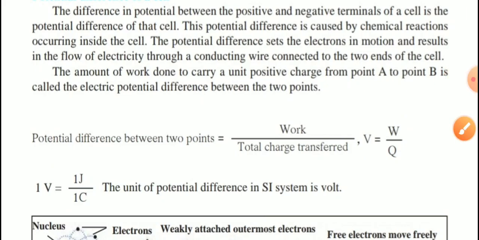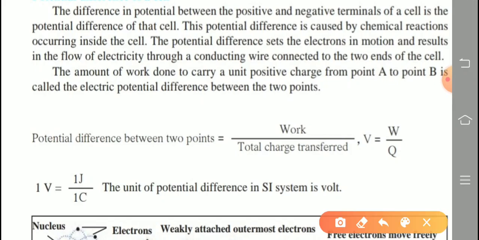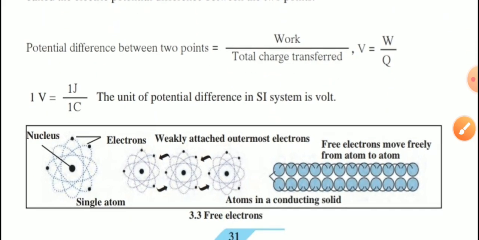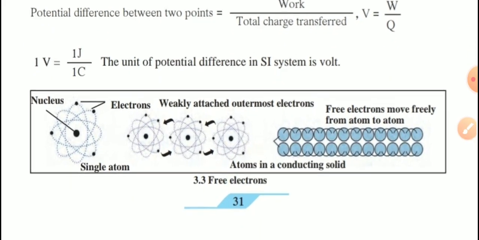So what is the SI unit? Next question. Write the SI unit of potential difference. So the answer is, the SI unit of potential difference is volt. It is indicated as capital V. Capital V means the SI unit of potential difference is volt. Next. So these are the simple 1 mark questions asked in the exam. All are getting? Next one.